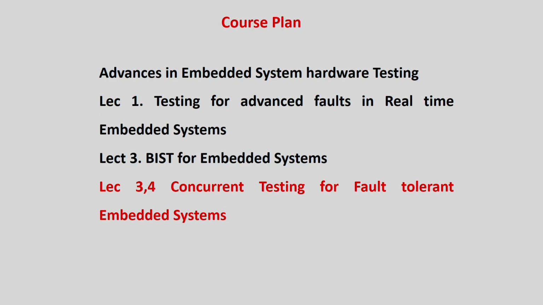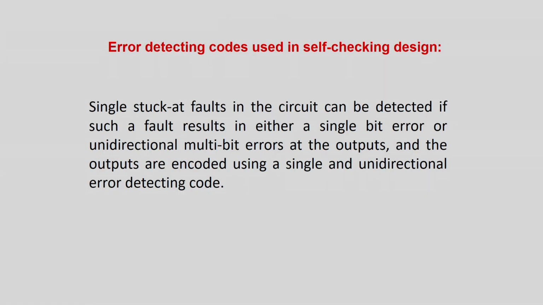But if any problem happens while it is in operation, then there is only one way to detect it, which is called online testing or concurrent testing, and that is very much required for fault tolerance. We discussed in the last lecture that we will be giving 2 lectures on this, and we have already covered the first one in the last class. Today we are going to look at the second part of that online testing topic.